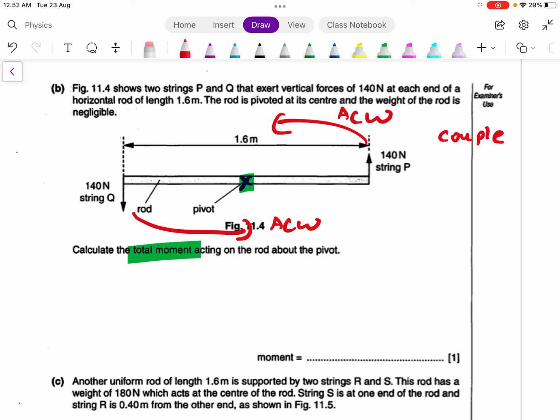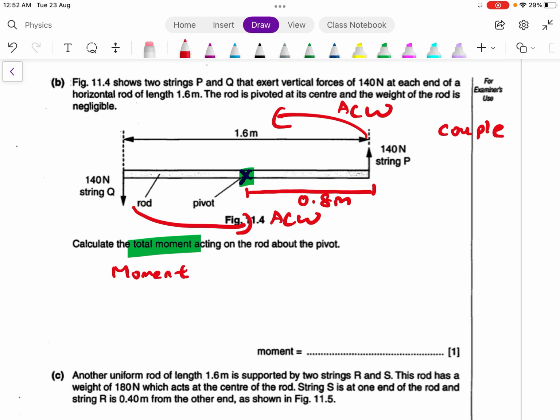Okay, so this one is more of the A-level stuff. Of course, for this one we don't need to go to A-level, we just need to apply O-level concepts. So first thing you can determine is the moment caused by string P. You just need to know that this is 0.8 meter, so the string P